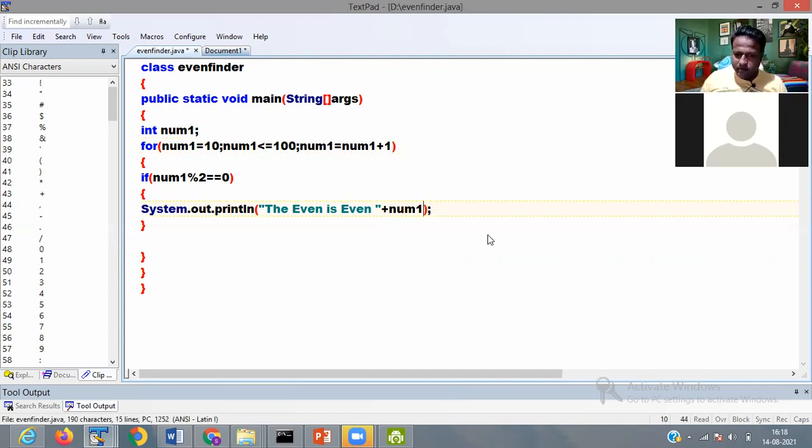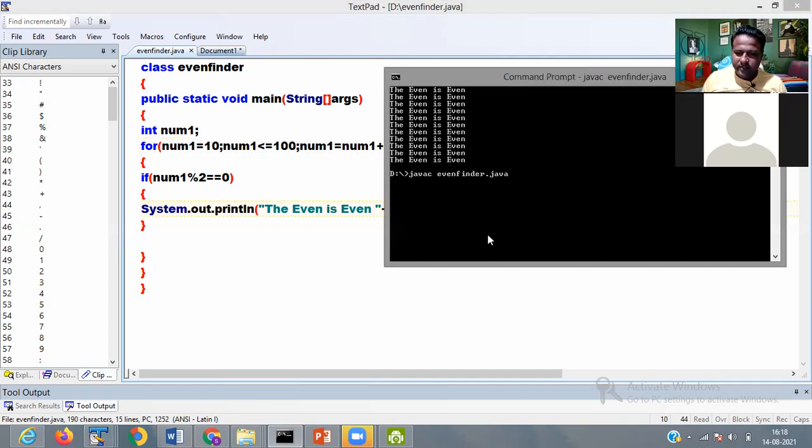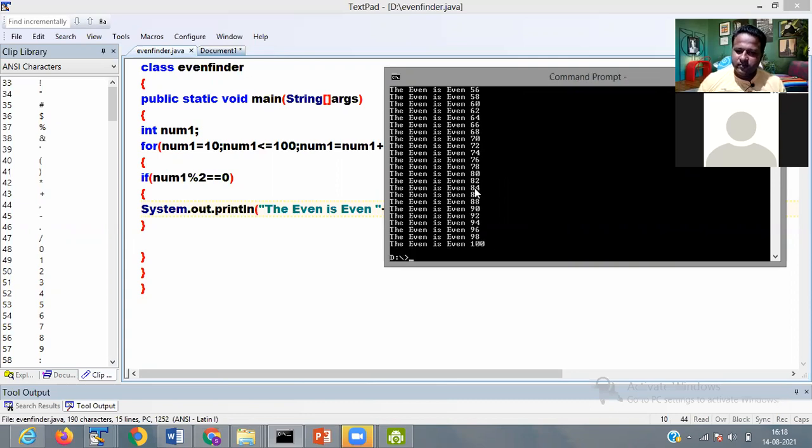Now I again compile the application. It is printing 10, 12, 14, 16, 18, 20, 22, 24, 30, 34, 36. It is printing up to 100.